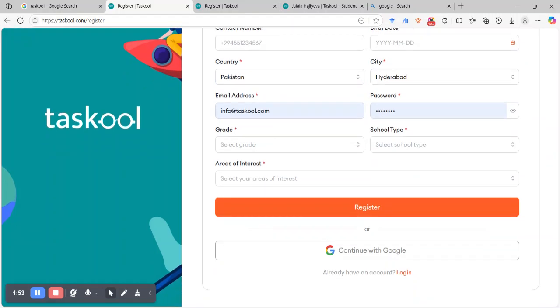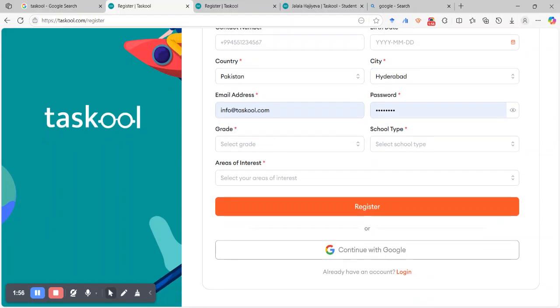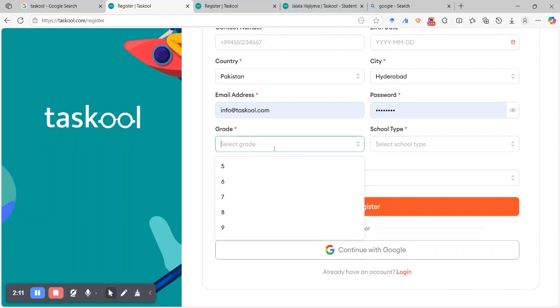Then you have to add the email address and the password. Please write down your password somewhere because most of the time students forget and ask us to find out their password. But for security purposes, we are not keeping your password in our system. So you need to enter your grade. It depends on the system, but it can be the ninth grade, 10th, 11th, 12th, and you can be a graduate right now, and you need to choose mezun, which means graduate in English.